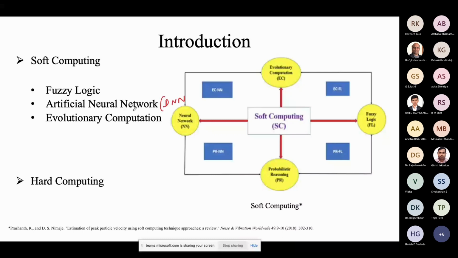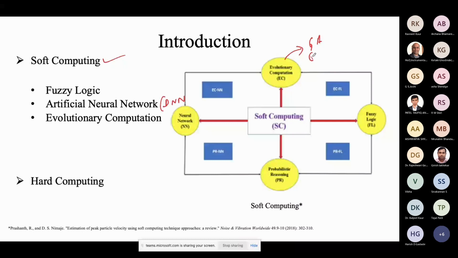And next one is evolutionary computation, like optimization techniques, various optimization techniques we know, right? Like genetic algorithm is one of the oldest optimization techniques and famous around the 70s and 80s, right? So evolutionary computing contains genetic algorithm, genetic programming, and many other optimization techniques, which are based on